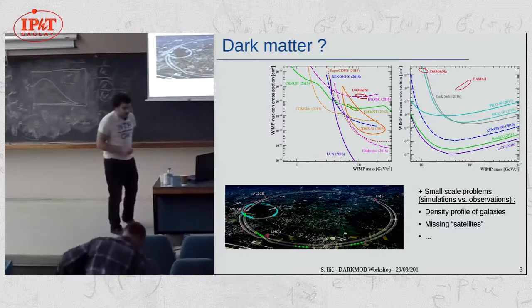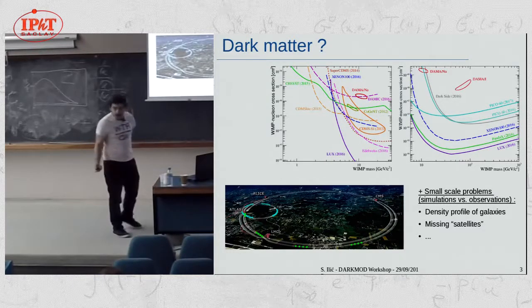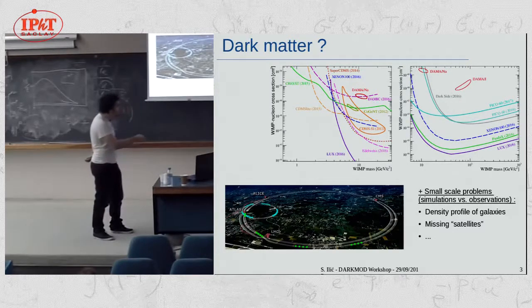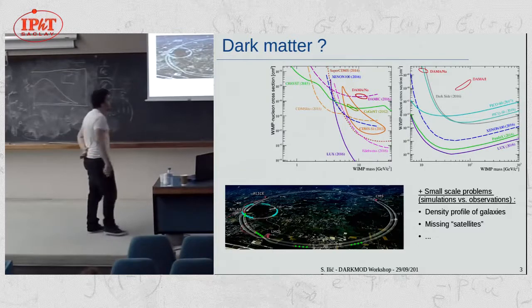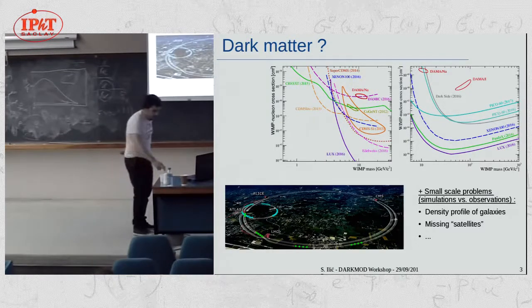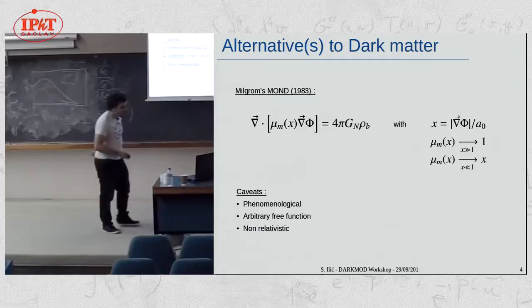Also nothing from the LHC so far, fortunately, and also a bit of trouble in cosmology too, especially when you compare simulation to observation at small scales, especially concerning the density profile of galaxies, the missing satellites problem, and so on. So all of this provided some motivation for searching for alternatives to dark matter, and one of such alternatives,